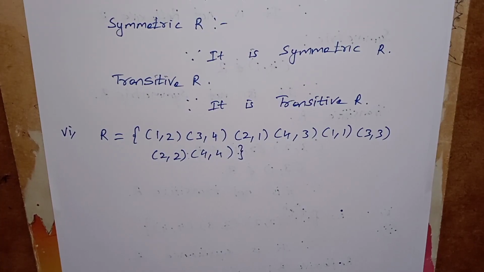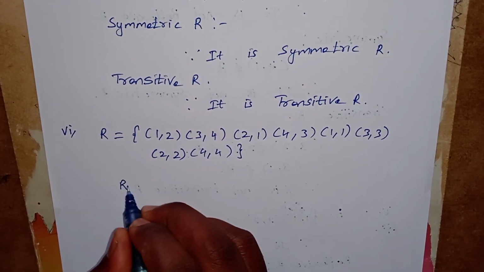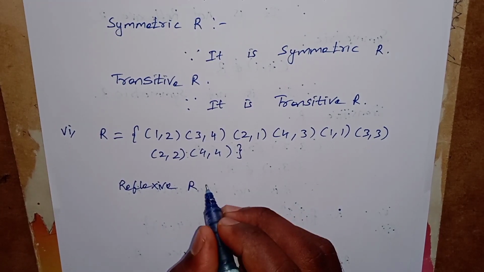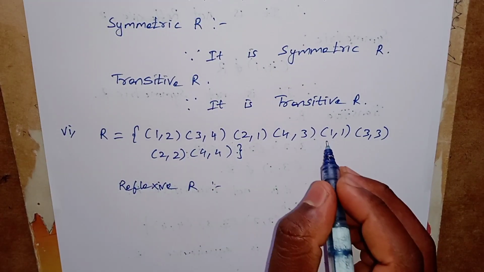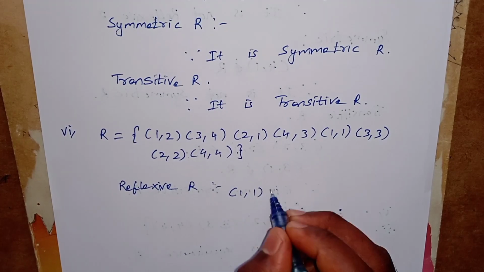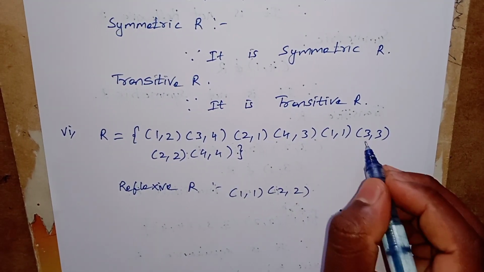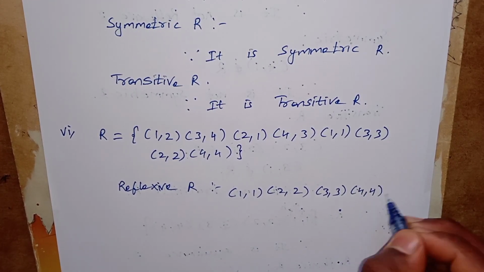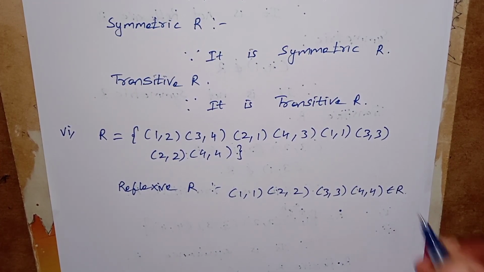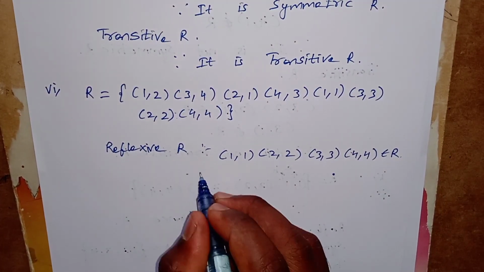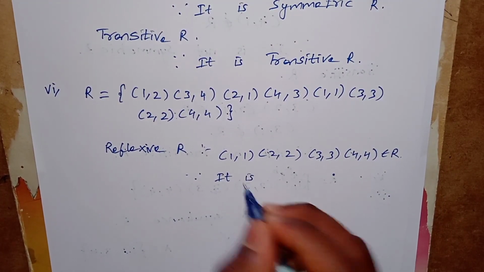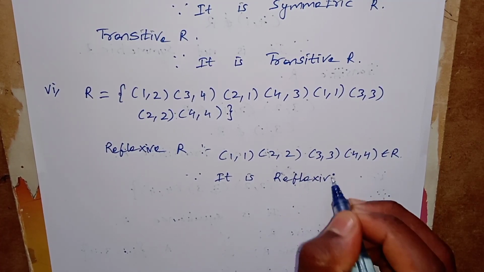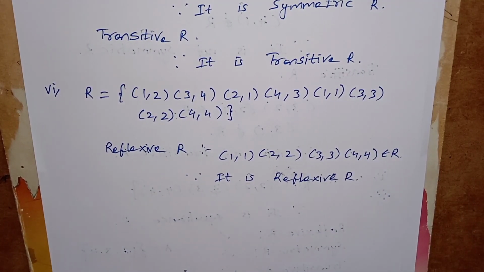Here for checking reflexive relation or not, 1 comma 1, 2 comma 2, 3 comma 3, 4 comma 4, okay, belong to R. Therefore here it is a reflexive relation. Okay, next symmetric